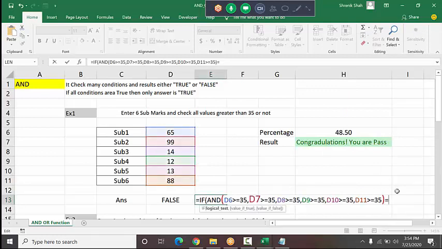I type here equals true. The IF condition is going to check the condition, and the function gives me whether all subject marks are greater than 35 or not. So is it true? Manually you check the conditions. Are all subjects greater than 35 or not? So I type what here? Student is pass. Otherwise I type student is fail. Like this you type the formula. It takes a while to write the formula, so I wait.